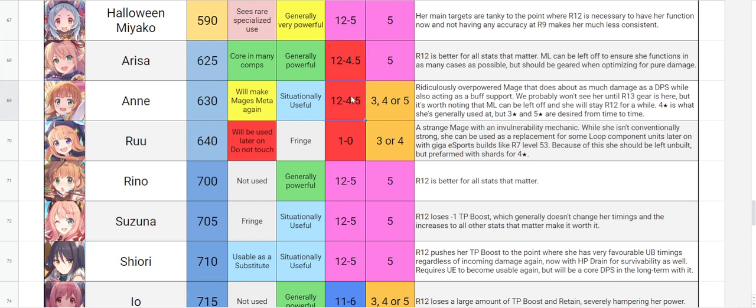Now Anne is still a bit of a ways off, but she's the critical mage that's going to bring the mage team back into usefulness for all phases, because she does about as much DPS as a normal DPS unit like Kyoka and Skiaru, but is also a full-fledged support with very powerful buffs. So she amps the damage on the mage team to the point where it's going to be better than